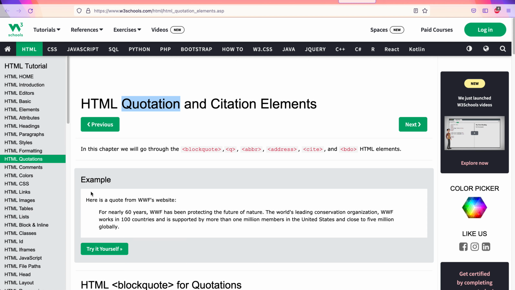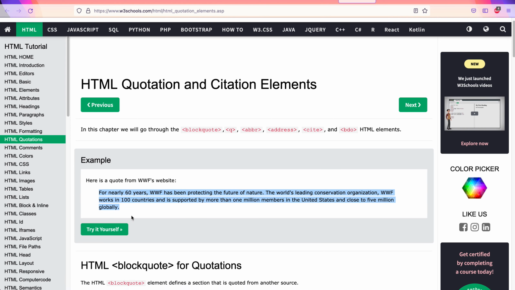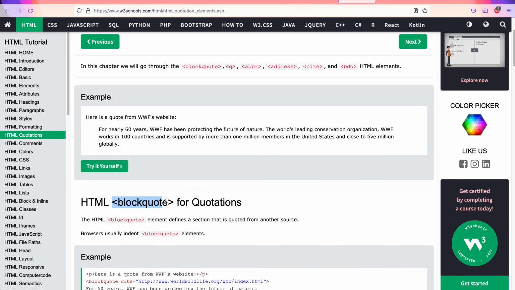There are two kinds of quotations. For example, you can see in this example on the screen, somebody is referring to some paragraph from some other book or a text. This is what is called a block quote. If you want to specify such a quotation in HTML, that is done using a block quote HTML tag. This is a pair tag, and whenever we use a block quote pair tag, the browsers typically indent as a means of quoting the requisite text.